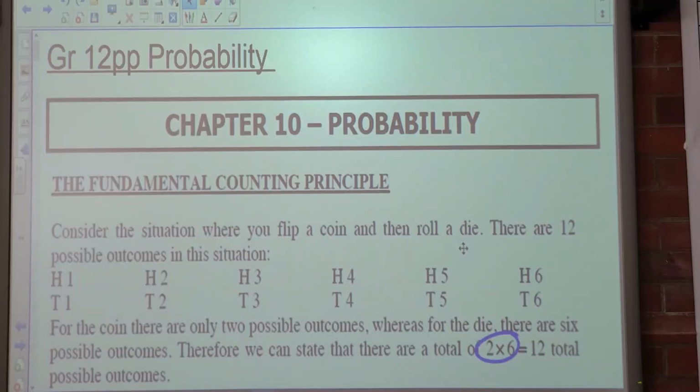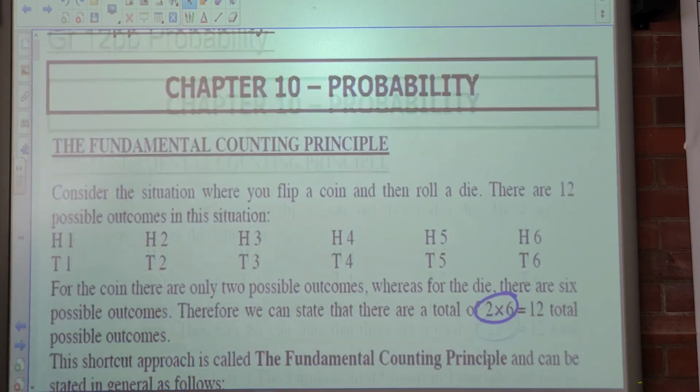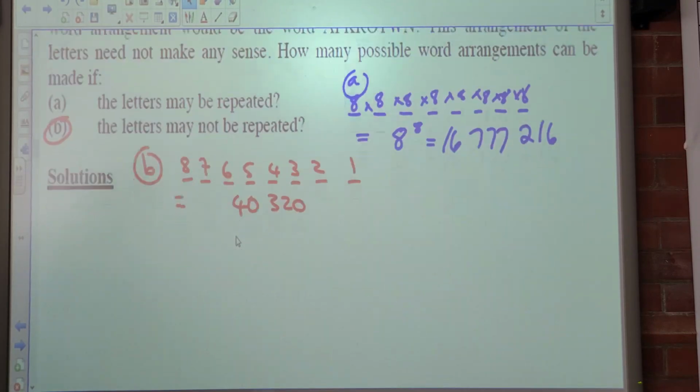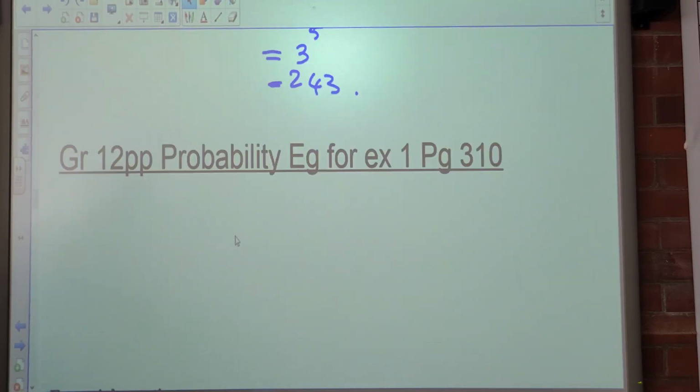Okay, good afternoon, class. So we're looking at probability. Yesterday we did the first exercise. So today we're going to look at